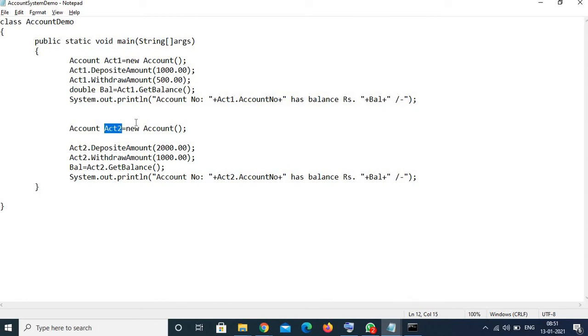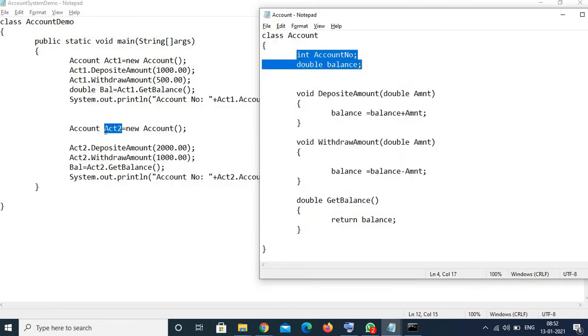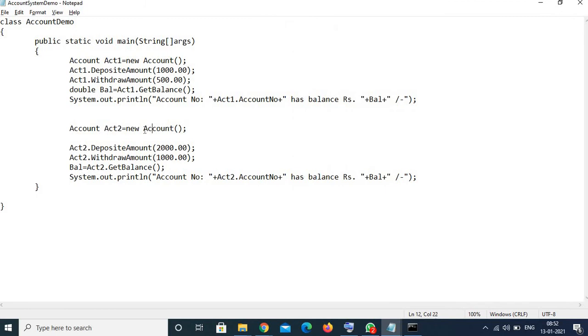Now again these instance variables which have now been created for this act2 would be created with the default values, and that is the job of this. This looks like a function call, doesn't it? A function call looks like this: some name, and after that you see a pair of parentheses. So this is what the function call is made up of: the name and the round brackets. Now this is indeed a function call, but it is a special function called a constructor.